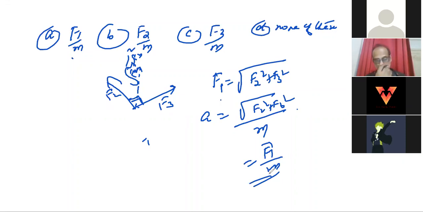So this comes from equilibrium, right? This topic is equilibrium, because from here it was in equilibrium. So when this was removed, now this particle moves upward. So resultant force is now square root of F2 squared plus F3 squared, by mass. But root of F2 squared plus F3 squared is F1. Okay, sir. Thank you.